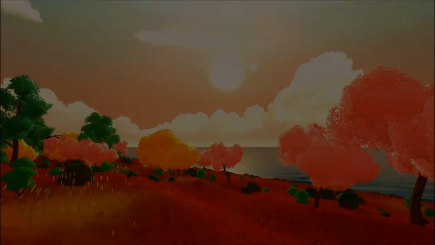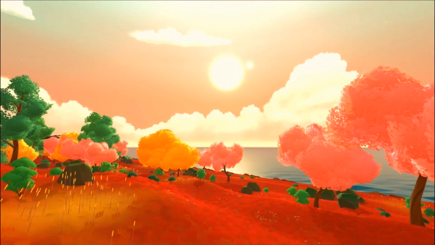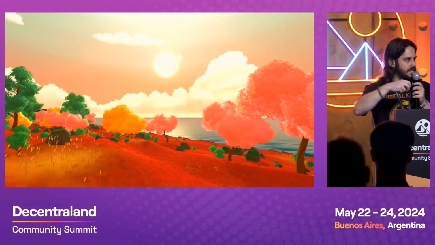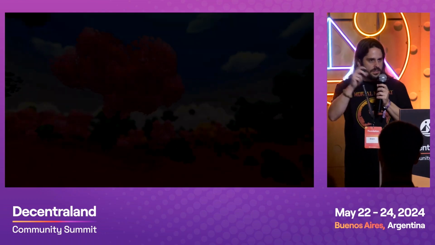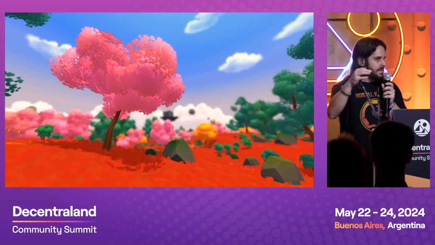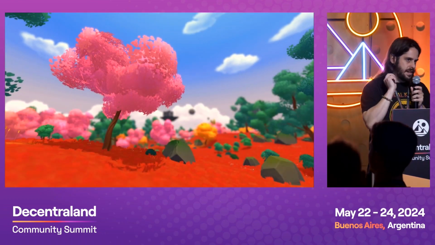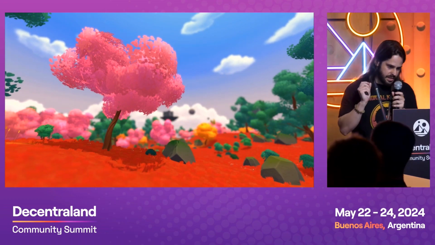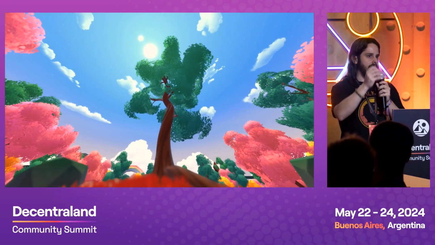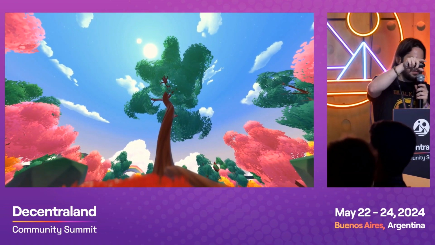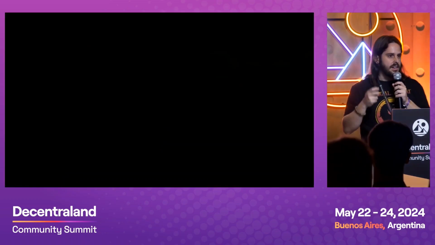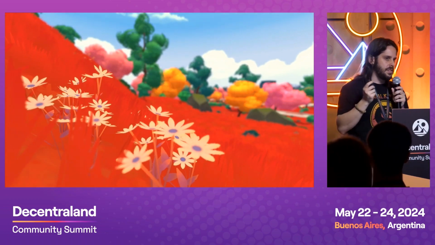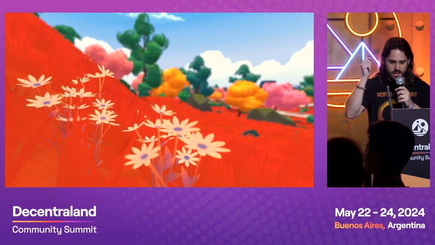So we went back to the original idea of having this red grass. So we went to that original aesthetic. Now we have flowers and trees and grass that move with the wind. There is wind there, and it gets affected by the light. You can see how the surface of the leaves is affected by the lights. You can hear a bird chirping in the trees, and when you get to the ocean, you will be hearing the